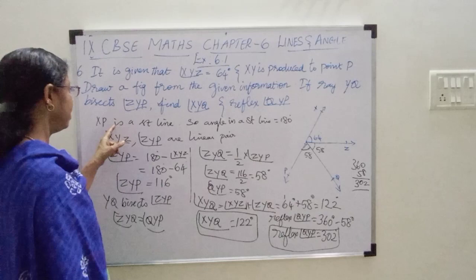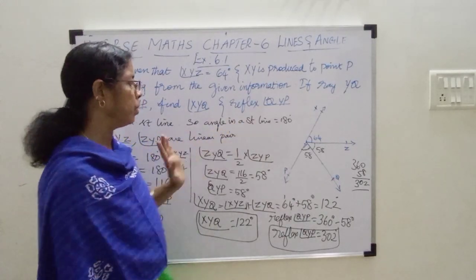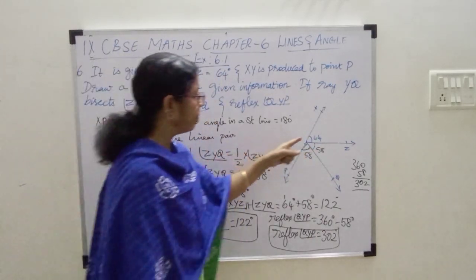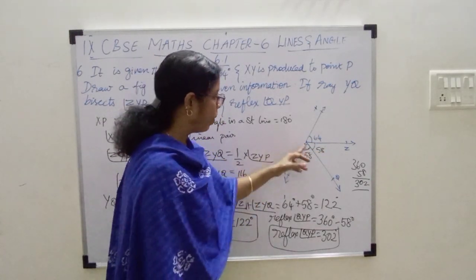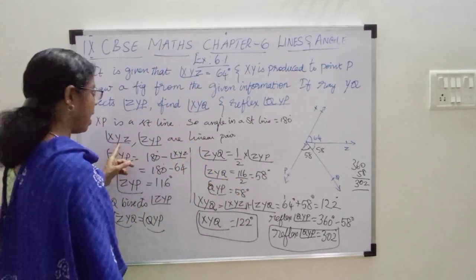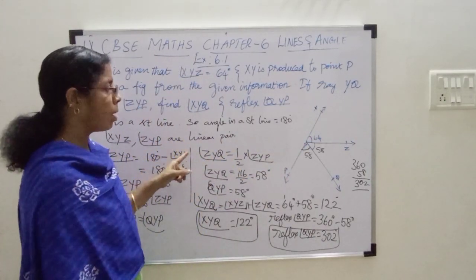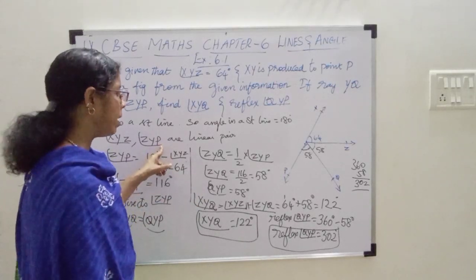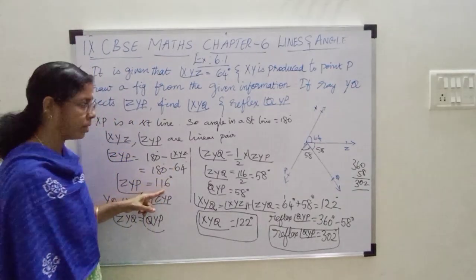அப்போ 360ல இருந்து இதை மைனஸ் பண்ணோம்னா மீதி இருக்க ஆங்கிள் எவ்வளவுன்னு நமக்கு தெரிஞ்சிடும். ஓகேயா? First, XP being a straight line, we'll have the angle that is equal to 180 degree. So the sum of these three angles is equal to 180. But we know this angle alone. These two angles are unknown. Angle XYZ and angle ZYP are linear pair. So the sum of those two angles is equal to 180. So angle ZYP will be equal to 180 minus angle XYZ, that is 64, which gives you 116.